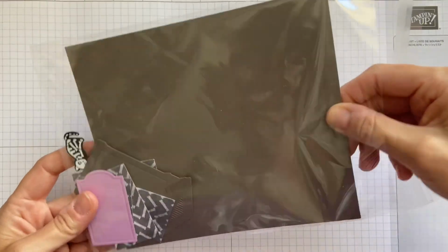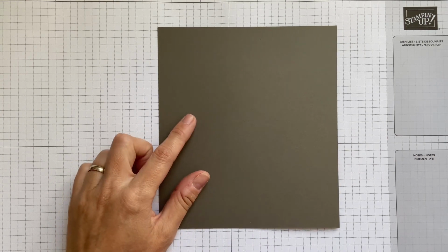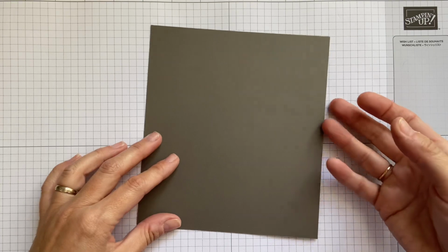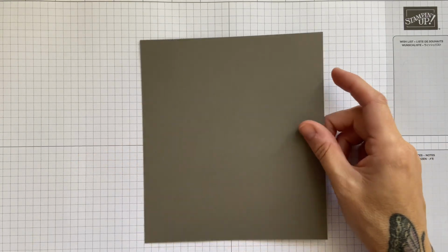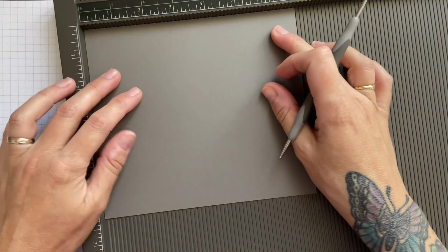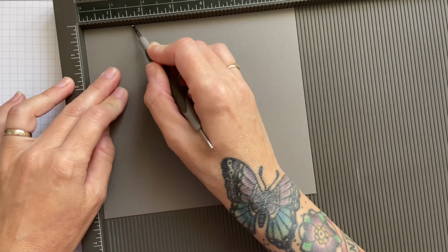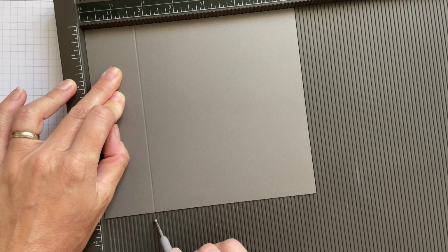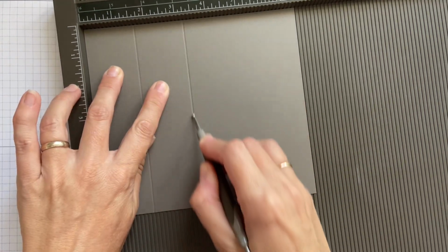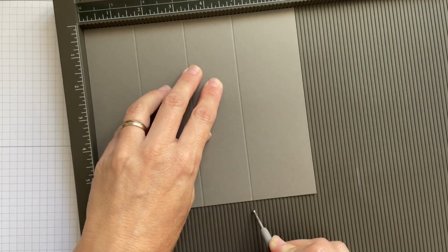a little pack already. So I have a piece of Pebbled Path cardstock. This is one of our new in colours, and this measures 7 by 6¼. Grab your scoreboard, and along the 7-inch line you will score at 1 5/8, 3¼, 4 7/8, and 6½,